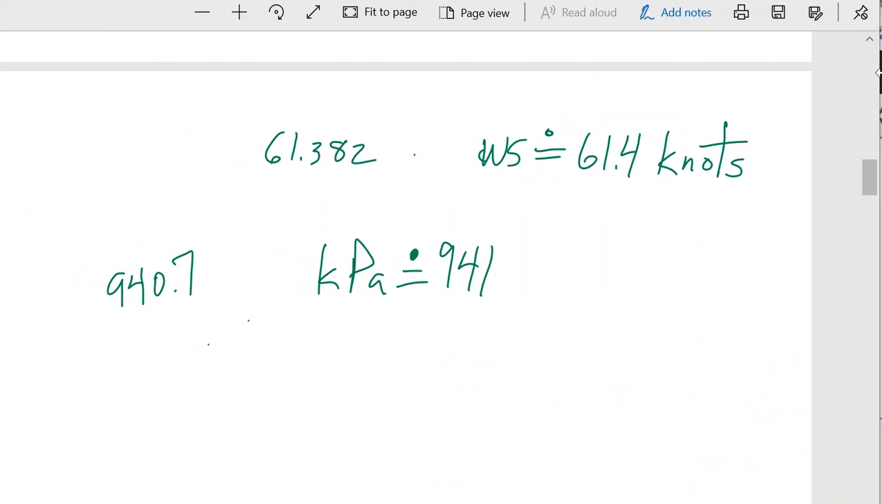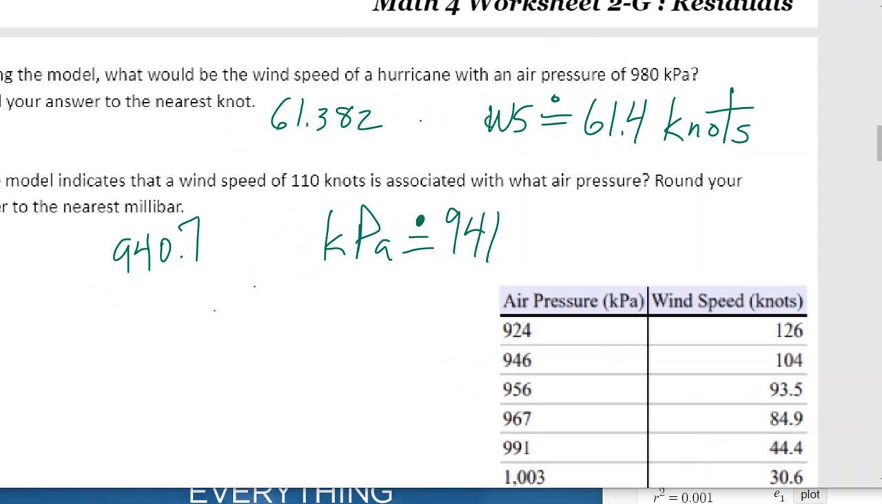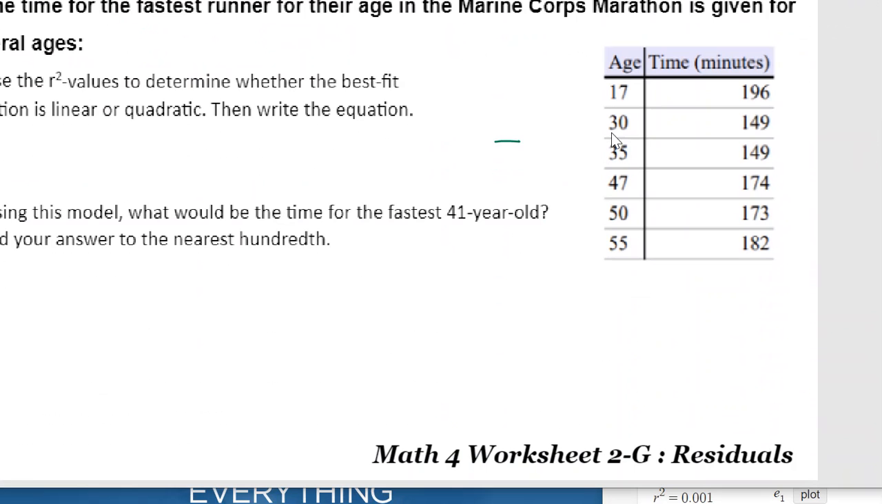I got this to where I can't get it out. There we go. All right, so